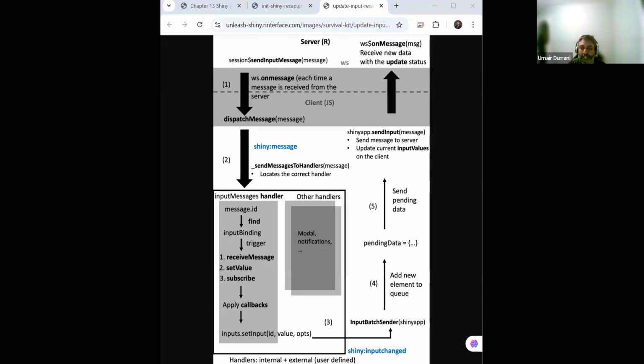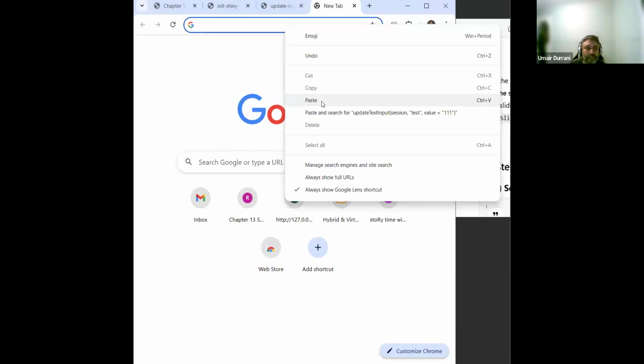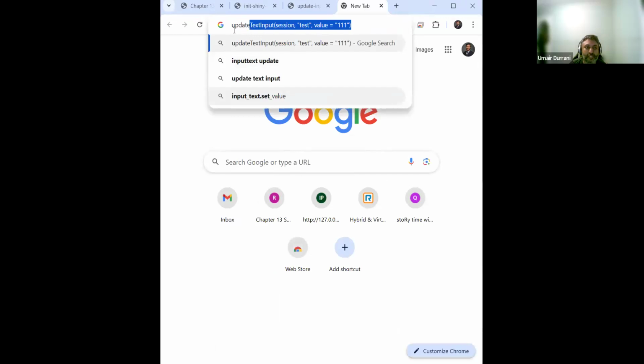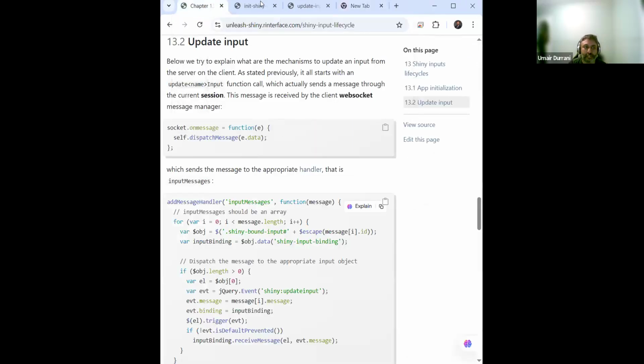So the first thing that happens here is the server sends a message. Let me take an example. I'm just going to put that in the browser because that's the only thing that you see right now. Let's say we have this updateTextInput and we have the ID test here. This is essentially what we are updating in this example. We have an existing text input and we are updating it from the R server. So when we do that,